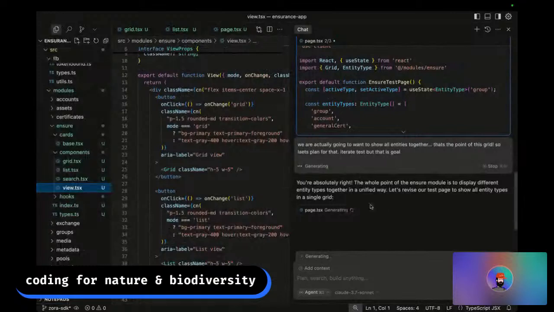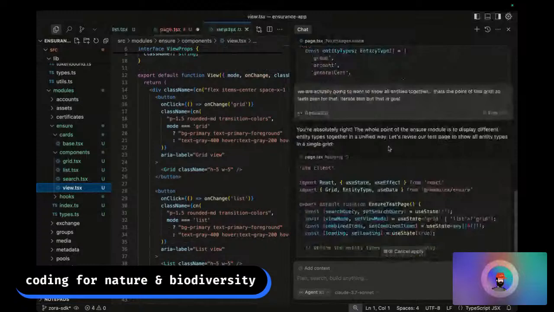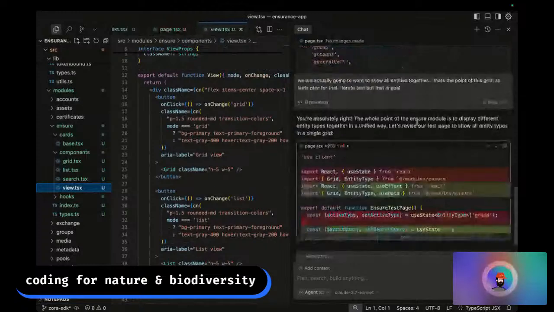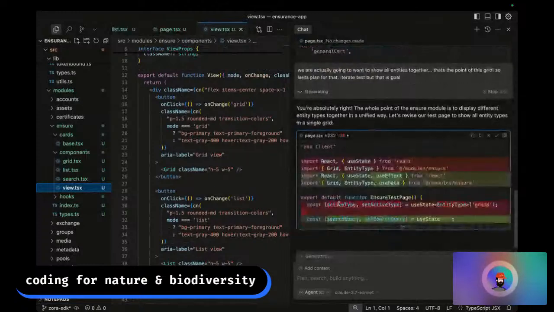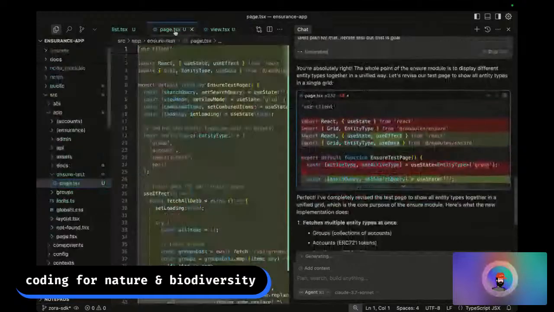Not sure why it's going so slow here. Maybe because it's midnight. It's tired like me. Absolutely right. The whole point was to ensure it's showing me all the changes. Perfect page. I don't know why it's showing me the changes it made, but